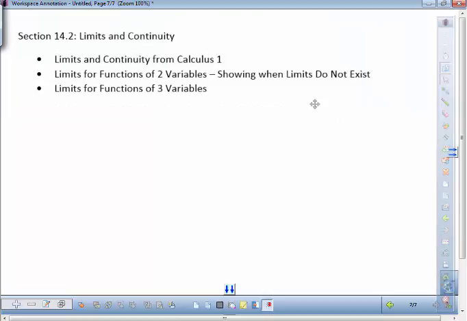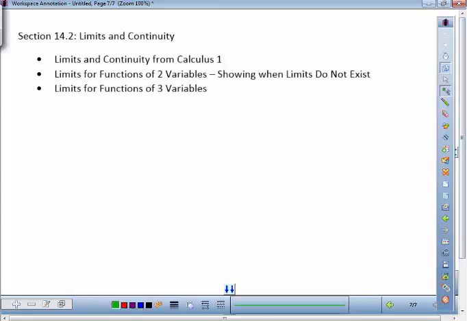So the next section talks about limits and continuity. I don't really want to talk too much about this. But in general, most functions that we deal with are continuous, right? Nice polynomials. So most functions